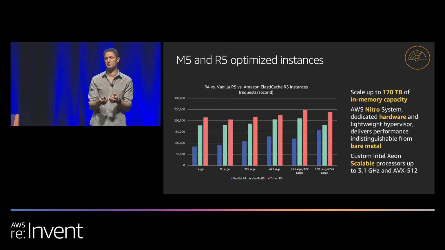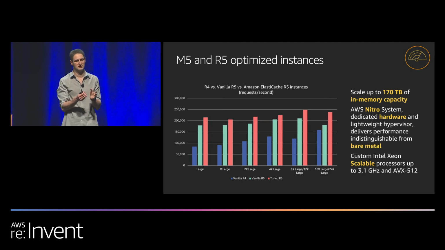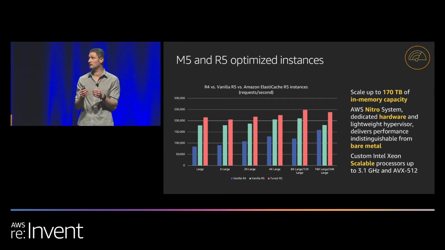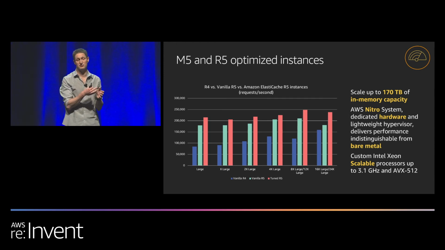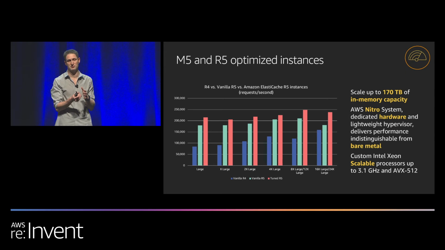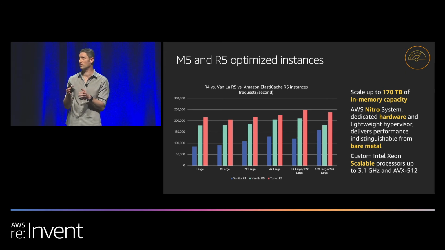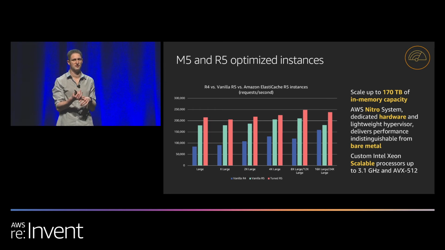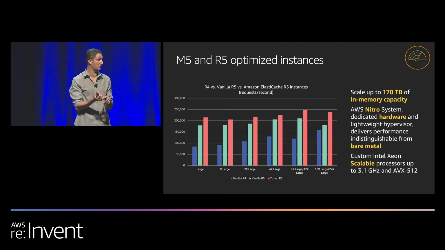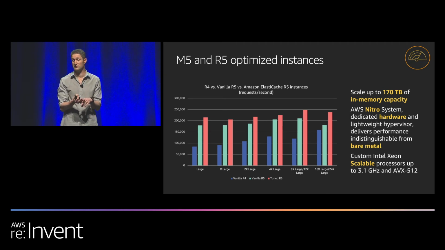But we did not stop there. We said, okay, now let's optimize them even further. We made some changes in the kernel drivers for the networking and in the operating systems on the AMIs that we use on these instances. This got us 30% even more improvement in performance. That's the red lines that you see here. We saw up to 144% better performance than the R4 and 30% better performance than the vanilla R5s and M5s. We also saw latency reduction of up to 25%.